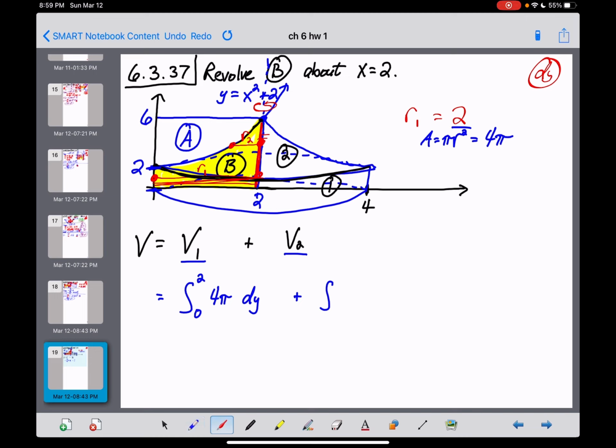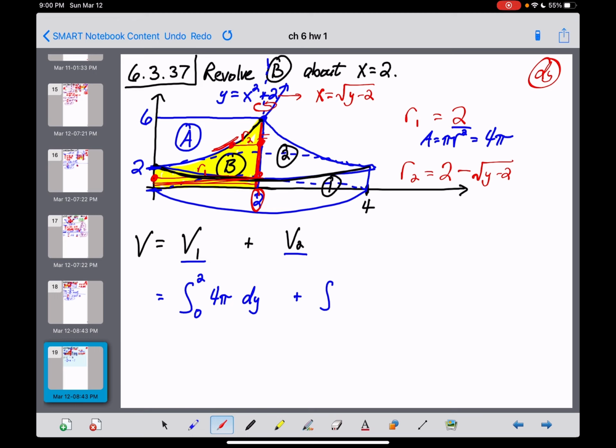And so for R2, that one is going to be variable. It's bordered on the right by the axis of revolution here, x is equal to 2, minus, now it's bordered on the left by this parabola. And boy, I've been doing this a lot lately, so I got it down. X is equal to the square root of y minus 2. That's what borders R2 on the left. So 2 minus the square root of y minus 2, and that can't be simplified at all,